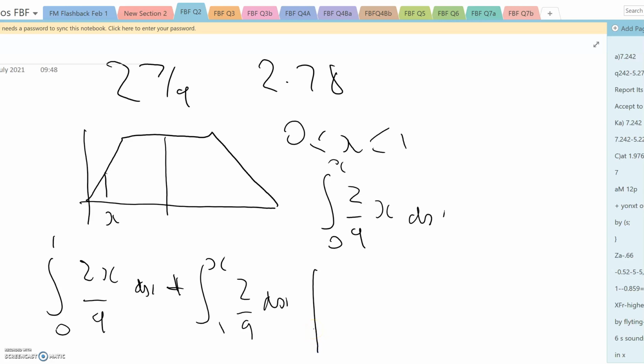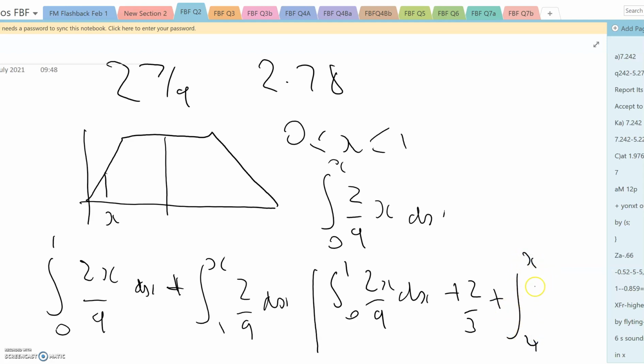The third situation is the integral of 2x over 9 between 0 and 1. Then the rectangle in the middle has area 2/3, and the third element is the integral between 4 and x of 2/3 x. Beg your pardon, 2/3 take away x over 9. And all of that needs simplifying,